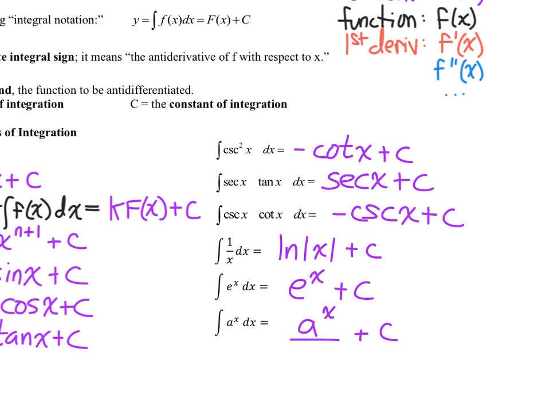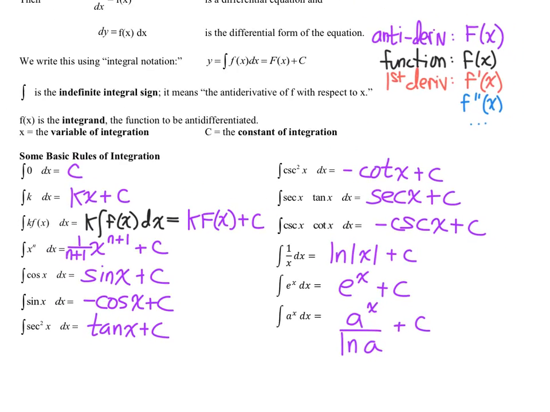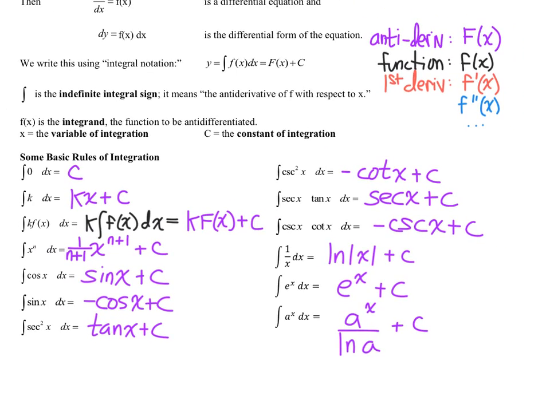If I differentiated this, it would be a to the x times ln of a. So the opposite of that: instead of times ln of a, divide by ln of a. All right. So those are some facts for you. So now you're qualified to tackle the problems on the next page, and that's where we're